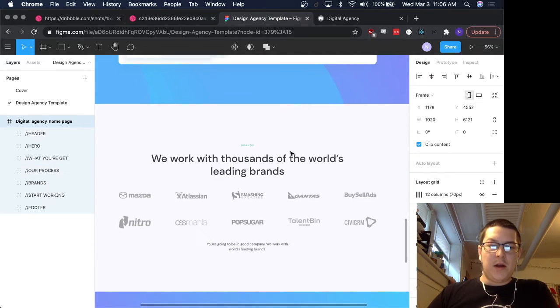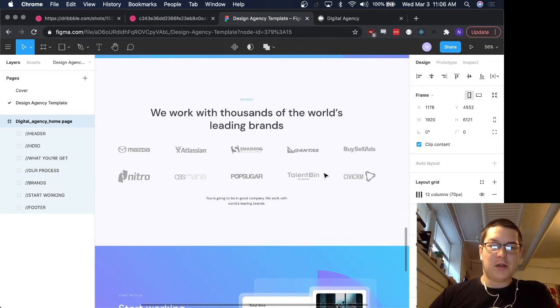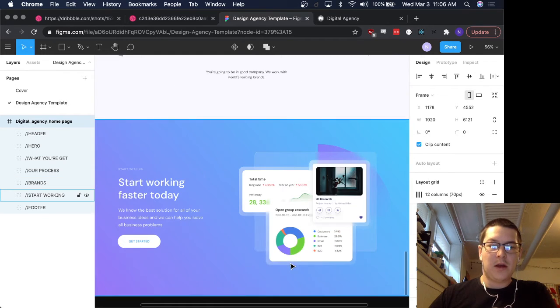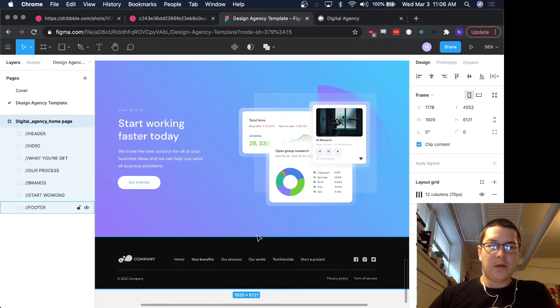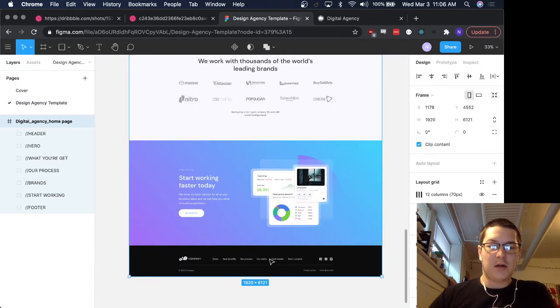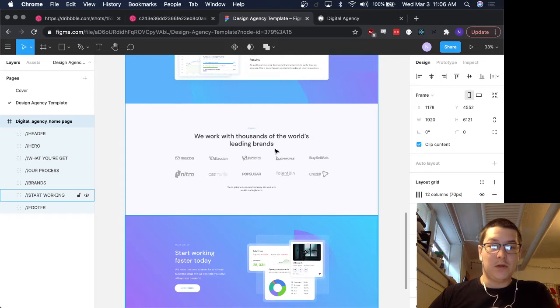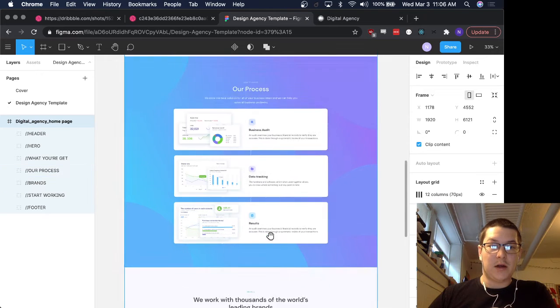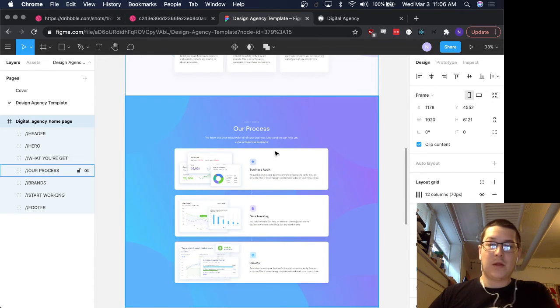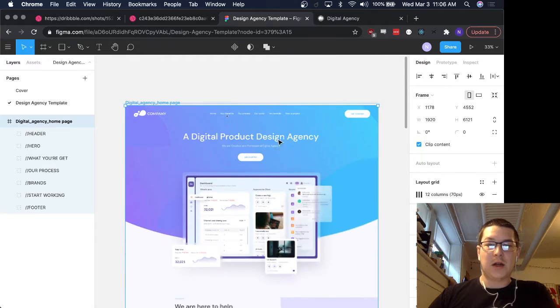And then we've got this brand section, which I really like. That's going to be fun to work with. And pretty decent footer going on here. Yeah, I'm really into this, and I'm excited to kind of get this going. So